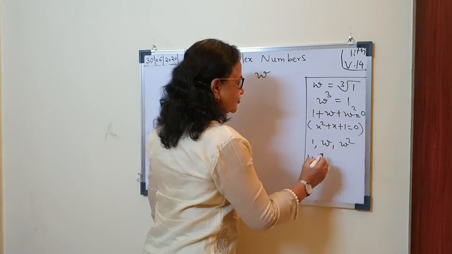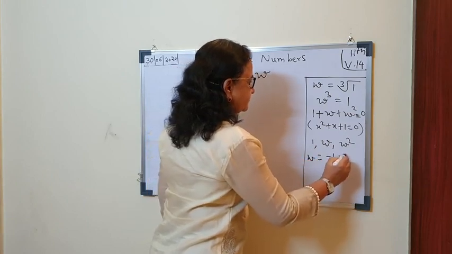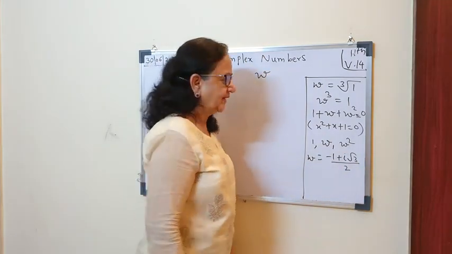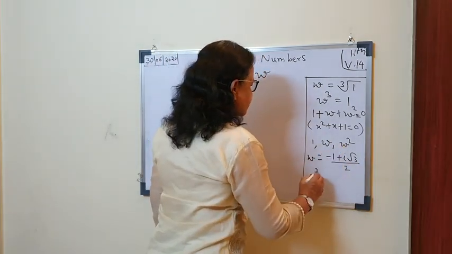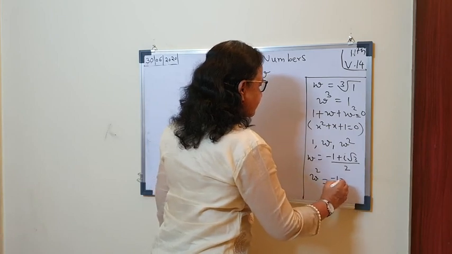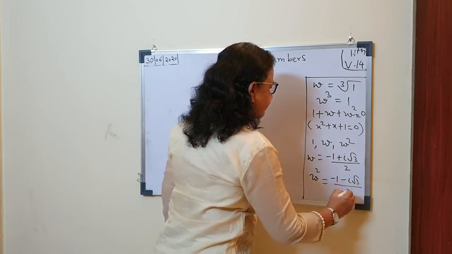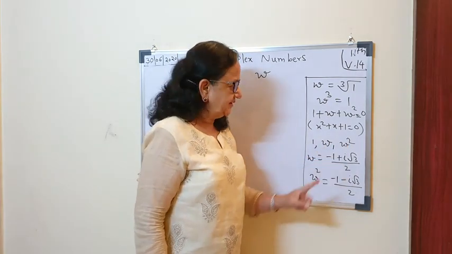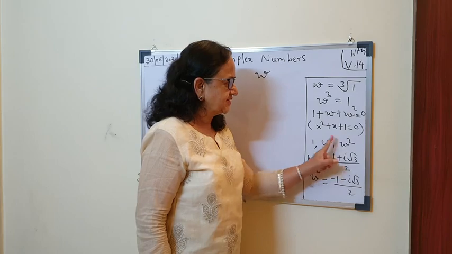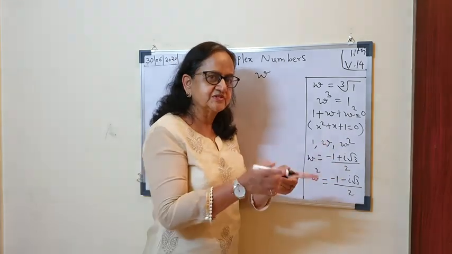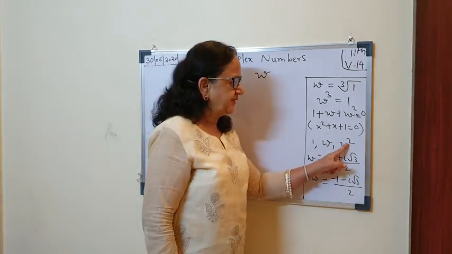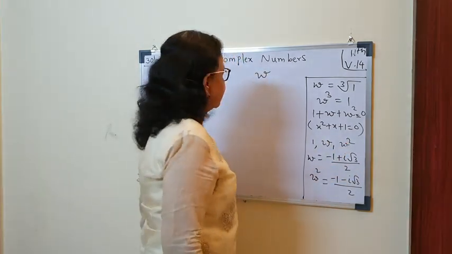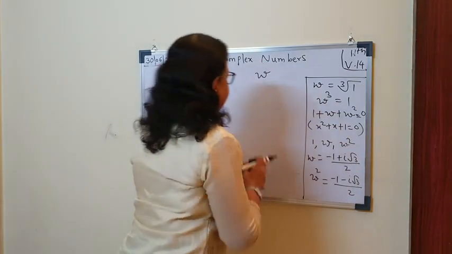Then we had seen the value also. What is the omega value actually? Remember, minus 1 plus i root 3 completely divided by 2. That is the actual value of omega. And for omega square, the value is minus 1 minus i root 3 divided by 2. So if you call them alpha and beta, they are squares of each other. Alpha is beta square and beta is alpha square. Either way you can prove it. Keeping all this in mind, let us continue.